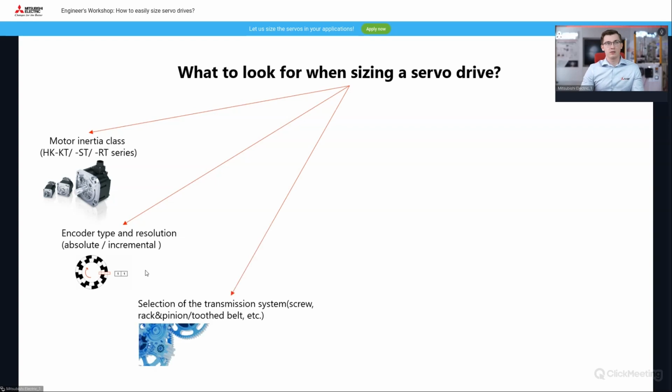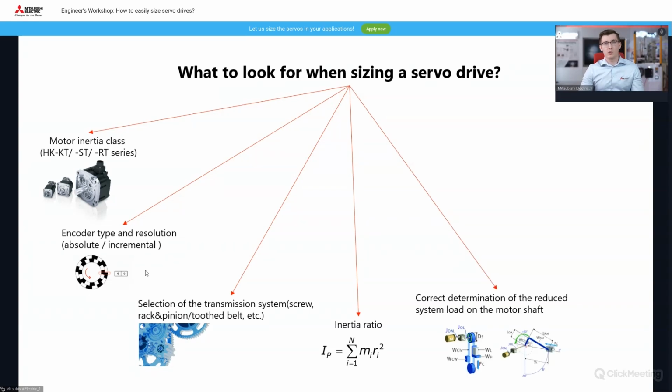Then you have to select, or you have to know, your mechanical transmission system. So if in the application you use a ball screw, rack and pinion solution, a belt, etc. Of course, you will have to calculate the inertia ratio, or just the inertia of your application, of your mechanical load. And then, for example with the software, but also by hand, you will determine the reduced load on the motor shaft. Yes, and we'll use software for that,